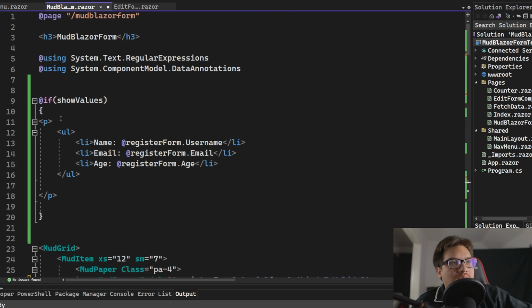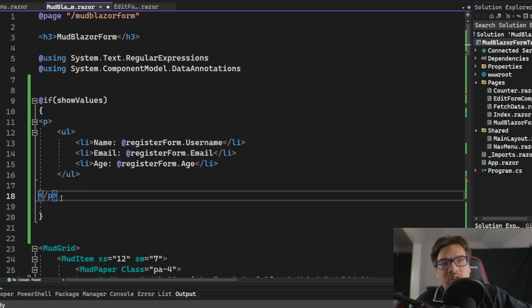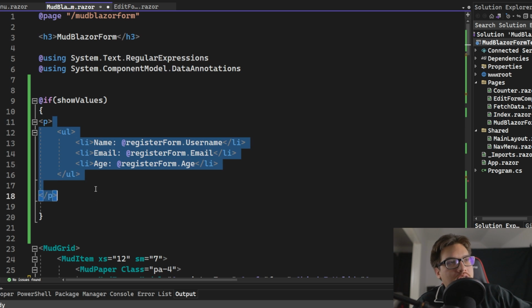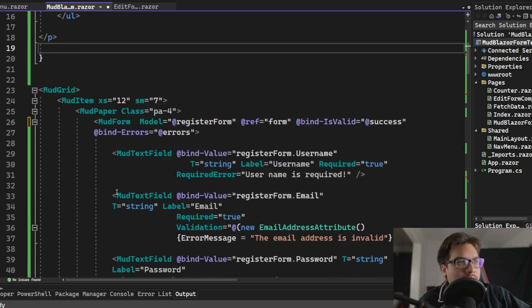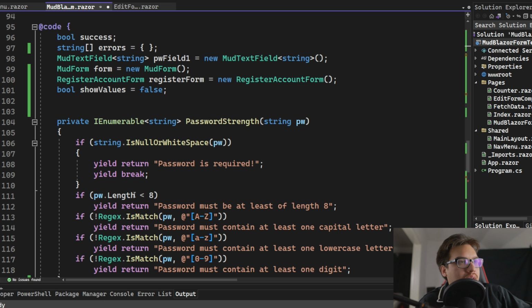And what that will do is that right now it's going to be invisible until I submit it with a valid submission, and then you're going to start seeing these values pop up. That's basically my way of showing that this was valid or not. But in this case, I'm